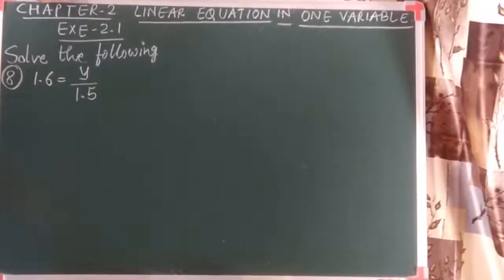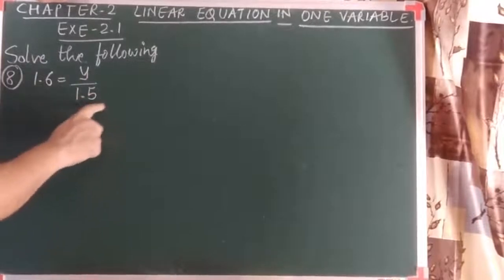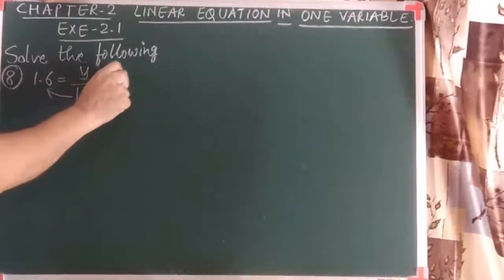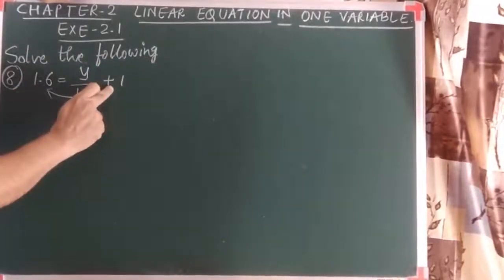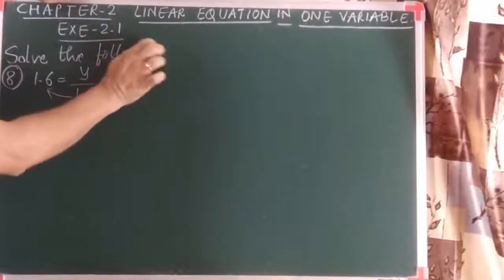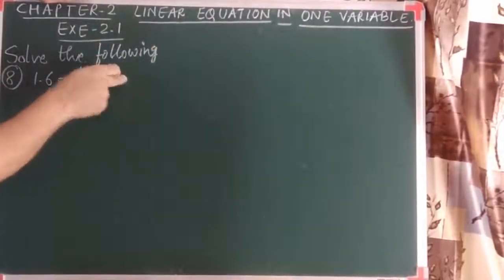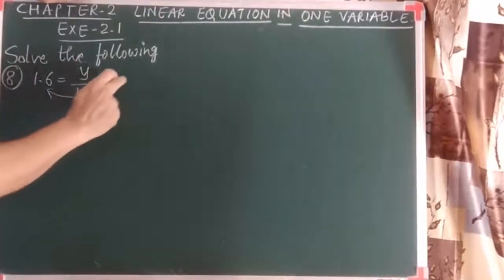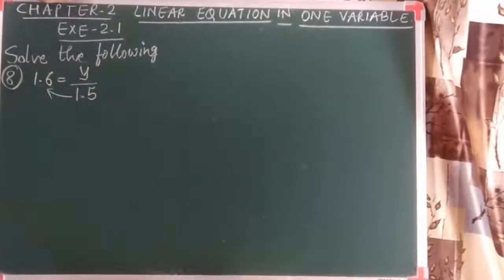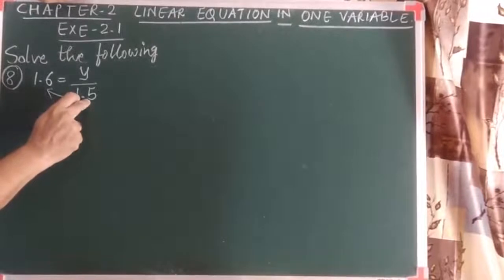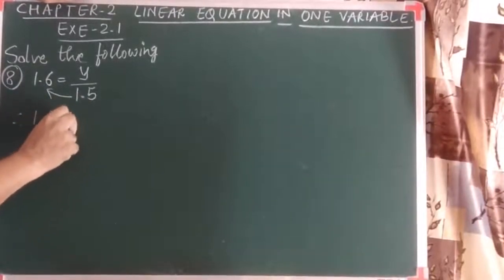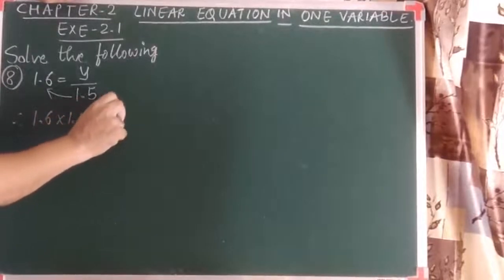Before we go for that, as the denominator is there, 1.5, so let's take this denominator to the left hand side because there is no term with the addition here somewhere. तो जब कोई टर्म एडिशन में नहीं है तो we can take this term here. अगर एडिशन में होता तो पहले 1 जाता, whatever the term in the addition or subtraction. मगर यहाँ पे हमारे पास दूसरा कोई टर्म नहीं है, इसलिए first we have to take this term to the left hand side. So it is 1.6 into 1.5 is equals to y.